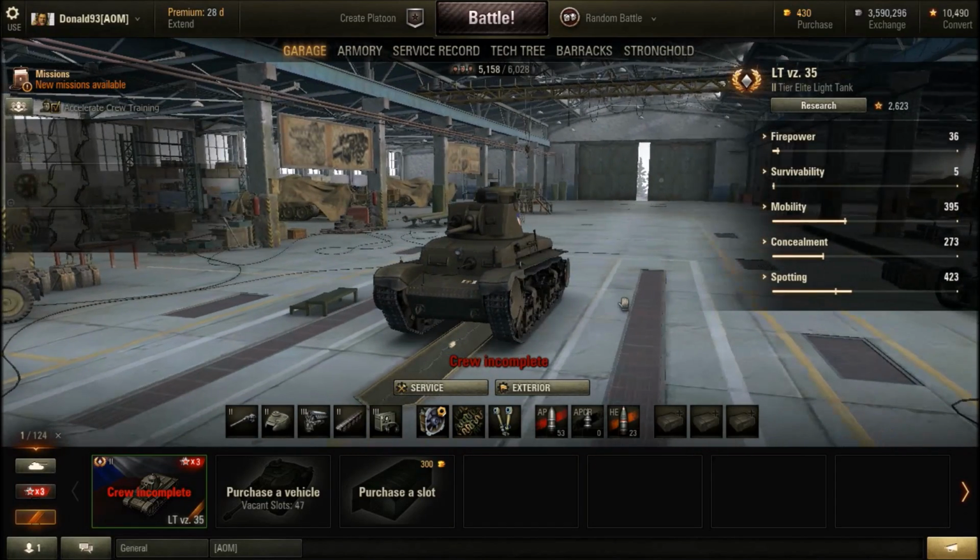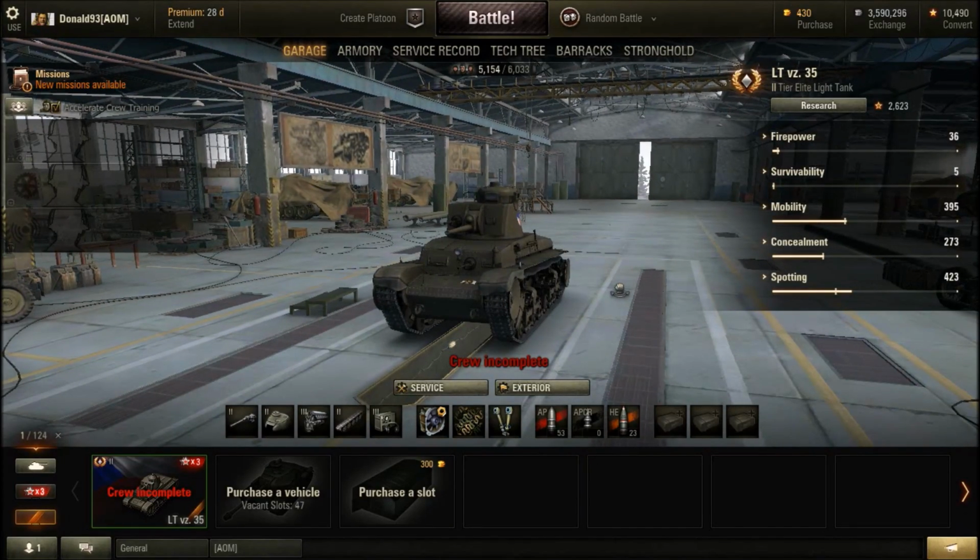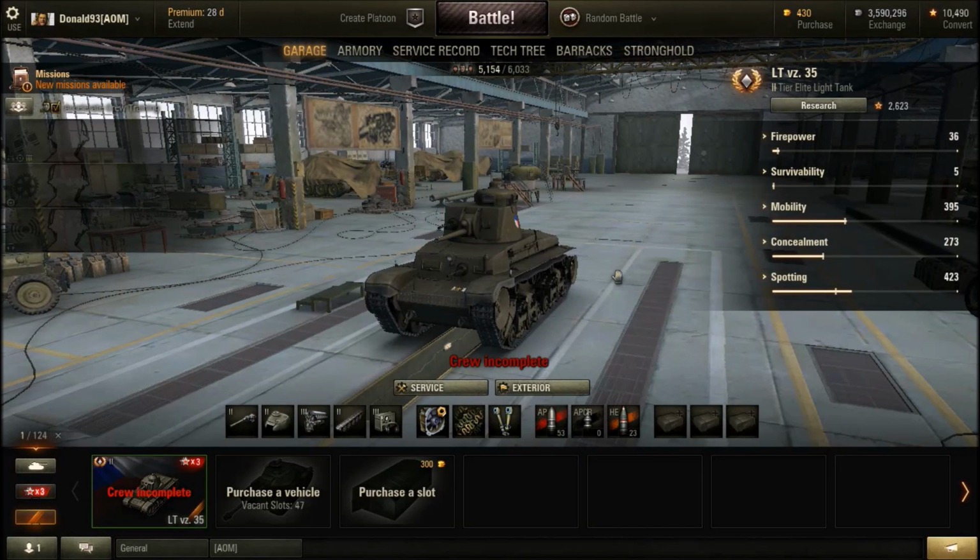I will be doing a quick tank review for the Czech Tier 2 light tank, the LT-VZ35. This vehicle is just average for its tier. It's not that great nor bad. If you know what you are doing and play toward the vehicle's strengths and weaknesses, you can do quite well